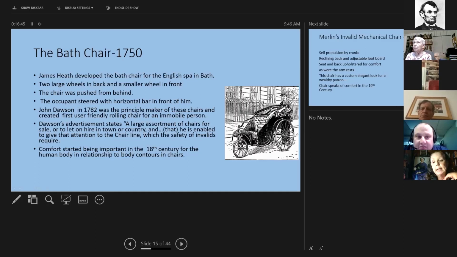And unfortunately, I do not have a picture of John Dawson, but Dawson's advertisement states a large assortment of chairs for sale or to let on hire in town or country, and that he is enabled to give the attention to the chair line, which the safety of individuals require.